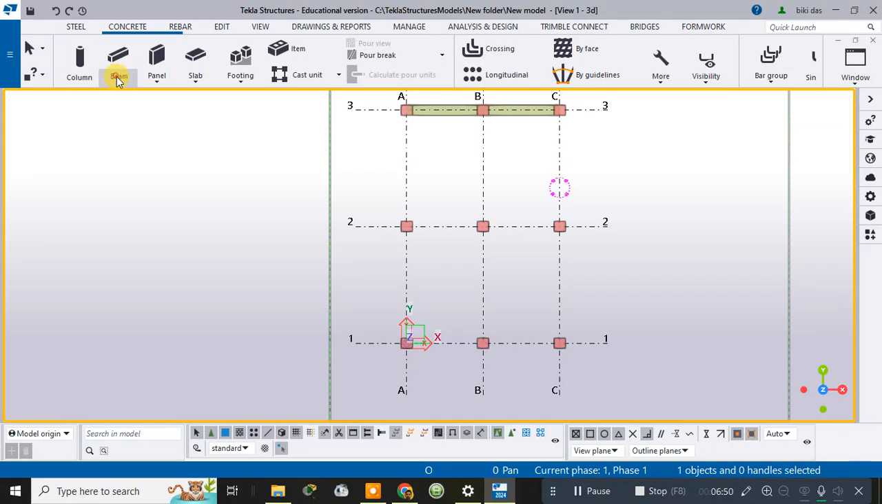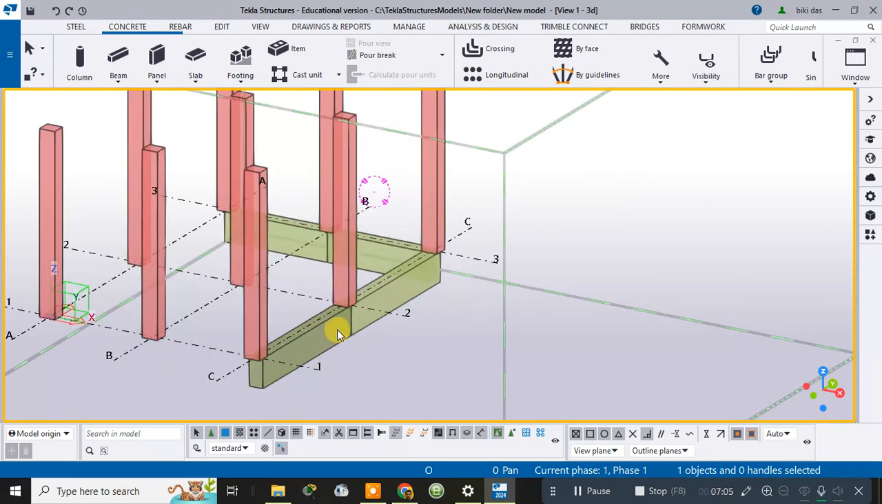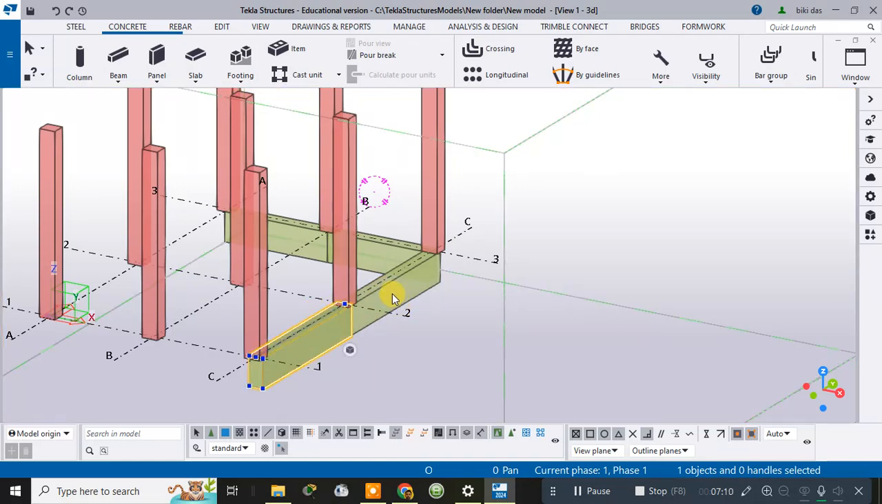Let me create another one beam in the y direction as well. So I have created the beam in both x and y direction as well. After that, go to the 3D view, again press Ctrl P button. As you can see here, now my beam is being created at the bottom portion. So what you will do is simply select all the 4 beams. After selecting all the 4 beams,